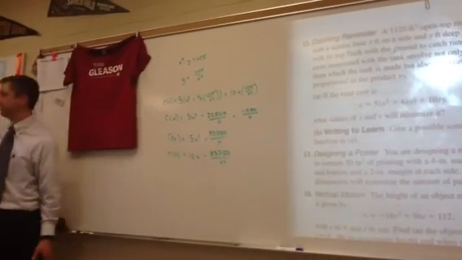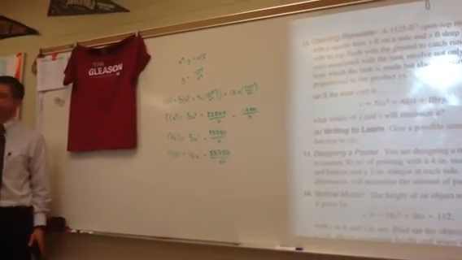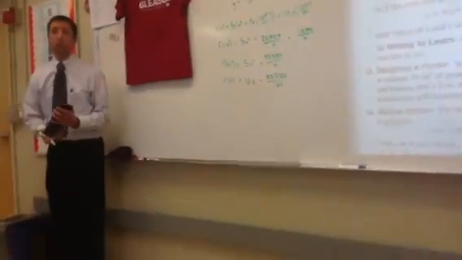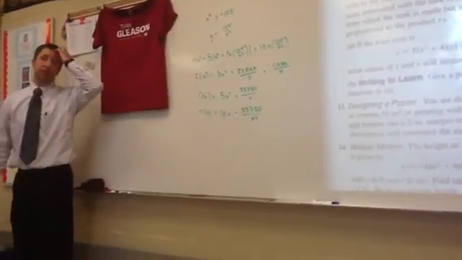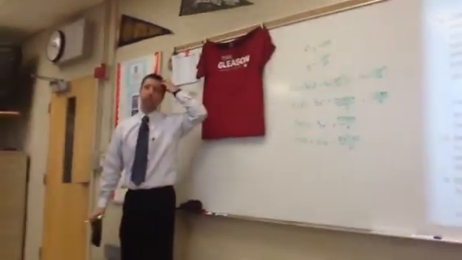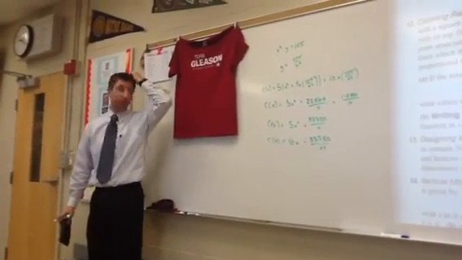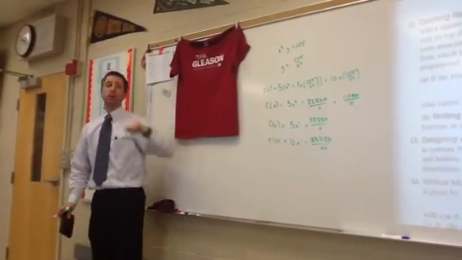Is that what you did, Tess? Yeah. And then set that equal to 0, and you're going to get what X is, and then you can figure out what Y is. Okay? So tonight, for homework,